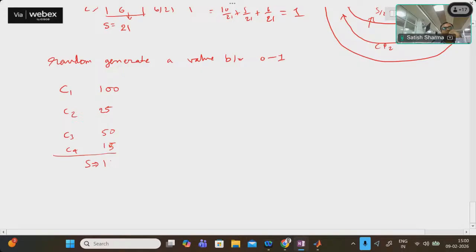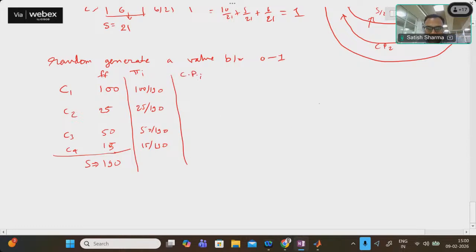Okay, so 190 is the total summation by which I can calculate. So this is my fitness. I can calculate the probabilities. So it is 100 by 190, 250 by 190, 50 by 190, and 15 by 190. And then I can calculate the cumulative probabilities as well, respectively. If I draw the wagon wheel for this one, it will be like a circle,